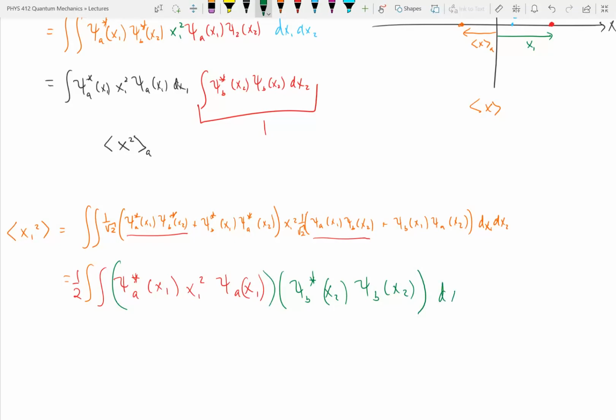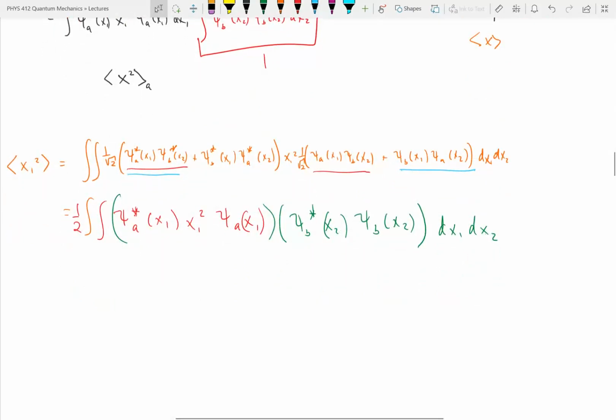And then dx2, not dt2. Now this one here is going to be simple because it's just like what we've done. But then I've got to go to the next set. So if I do that one,